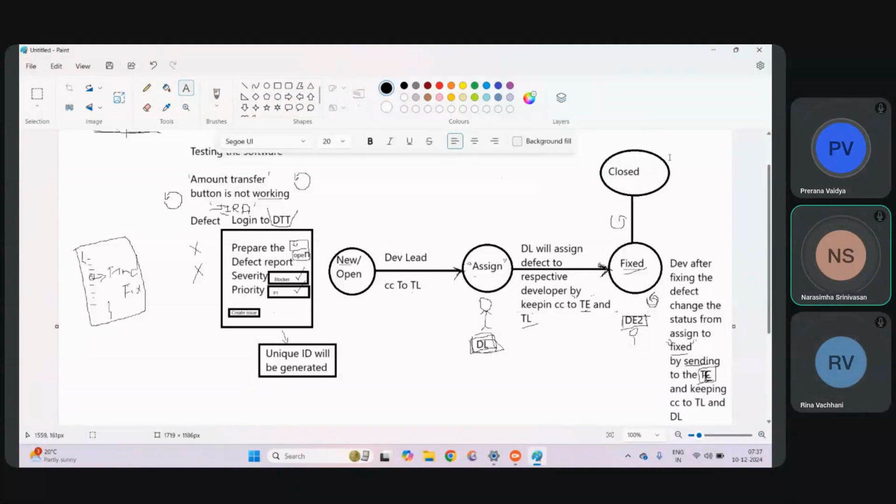Now, also you should send this to this. You have to send to